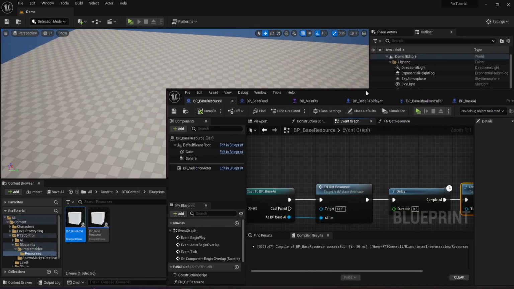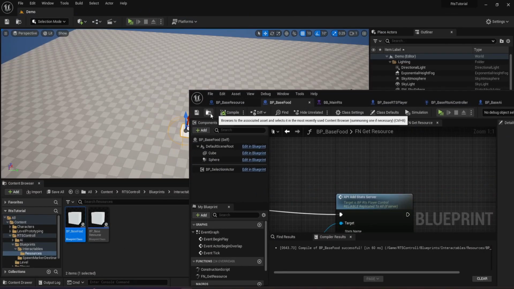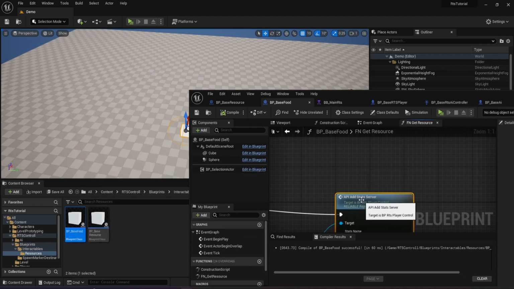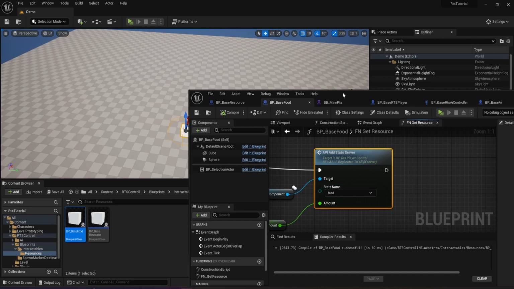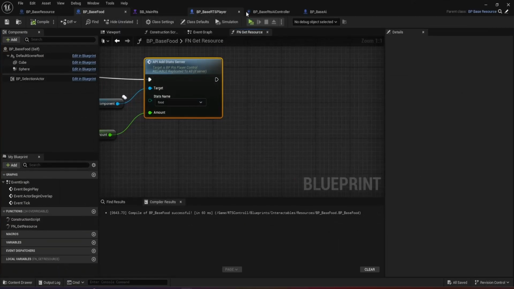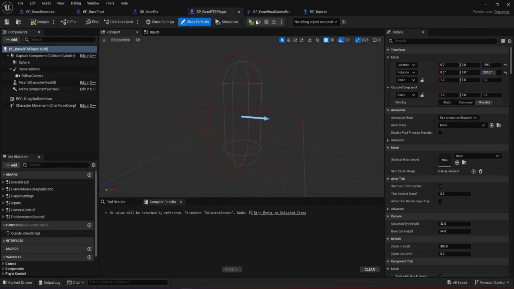Now, if you want to create another one, all you got to do here is just duplicate that, change the stats to whatever you want to add. And then on the player here, where is our player? Our BP AI base. Actually, what I'm gonna do here, guys, is that because this video's got really long, way longer than I expected,